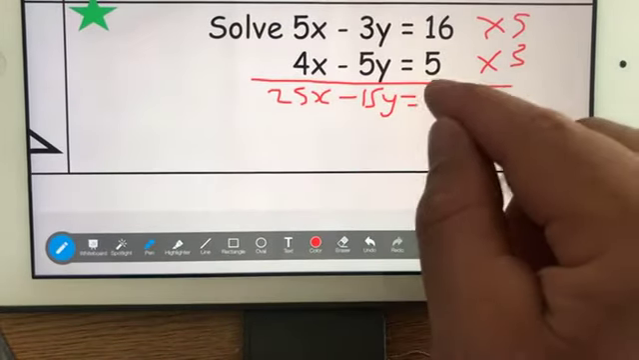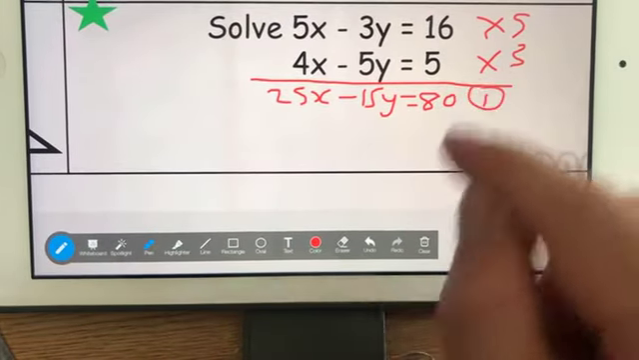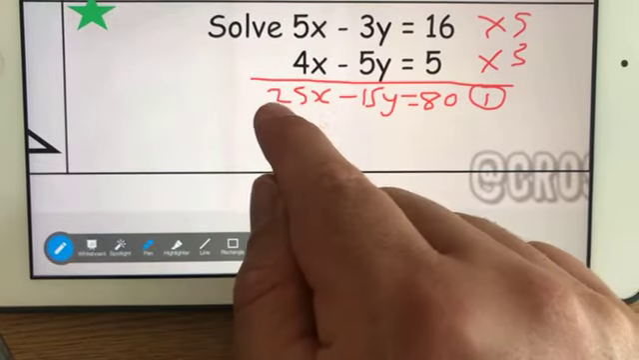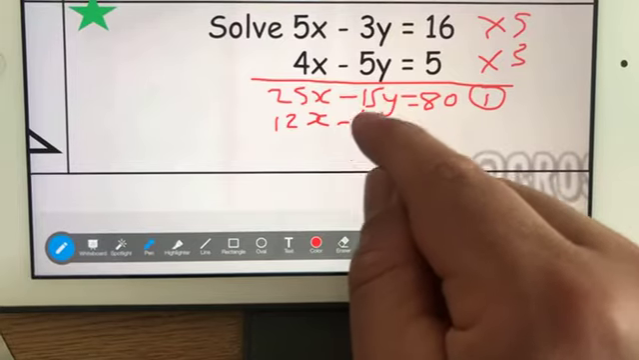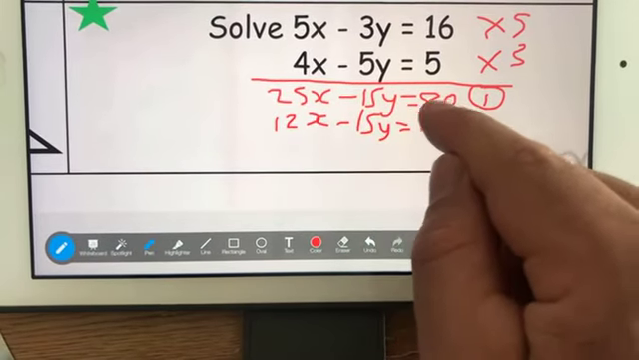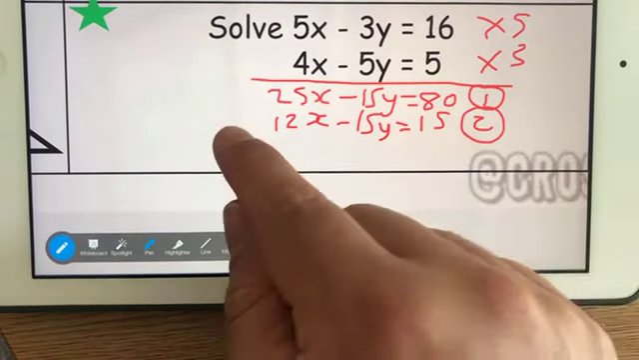16 times 5 is 80. That's equation 1. 4x times 3 is 12x. 5y times 3 is 15y. 5 times 3 is 15. And I call it equation 2. Once I'm there,